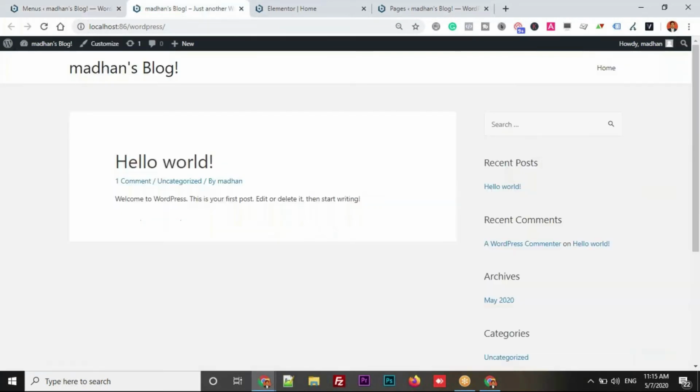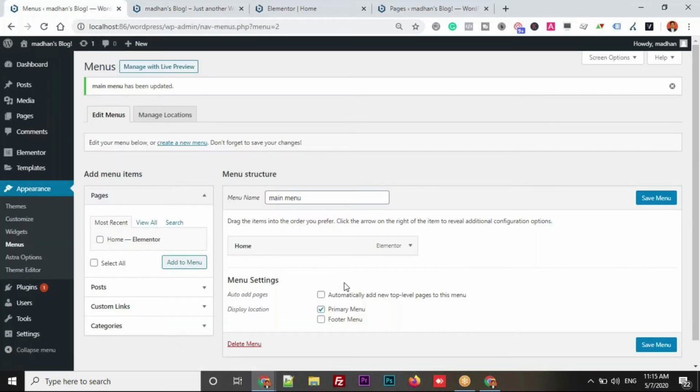If you do this, you can observe that Home gets added here. Anyway, previously also the Home was getting added. The reason for this is that there was no menu before. Just now I have created a menu. The theme that I am using is Astra. In the Astra theme, if you haven't created any menu, whatever page you have created in the dashboard will directly get added into the menu. Why? Because you didn't choose any menu yet.